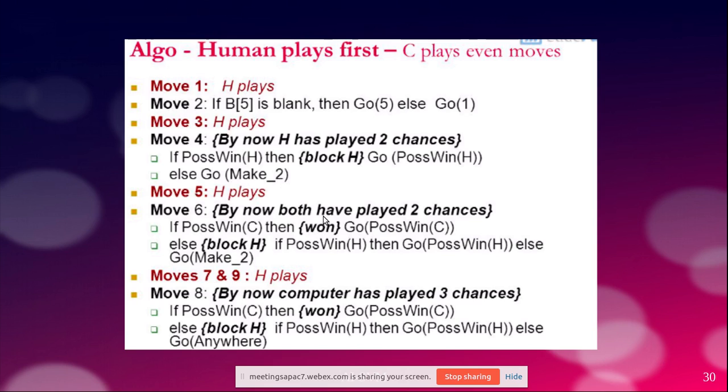In any of the 8 options, if one cell is yours and 2 are blank, then select one of the 2. That's what the earlier step was talking about. Out of the triplet, one is your mark, that is C in this case, and the other 2 are blank. Then out of those 2, put a C there, or in this case a cross mark, because computer is playing second, so O is to be used. Sorry, and that's how things go on.